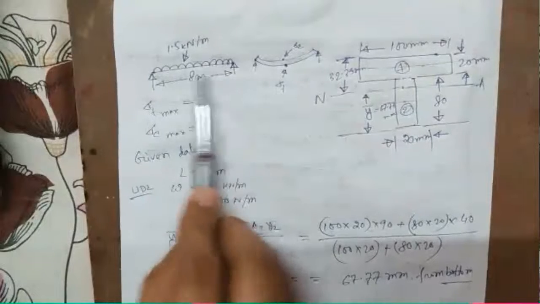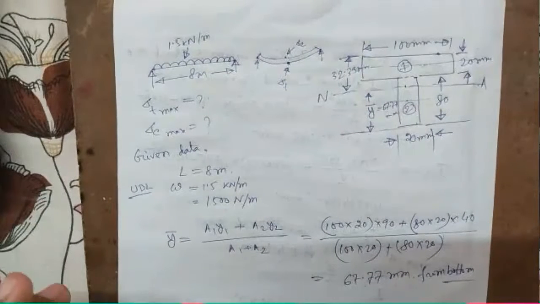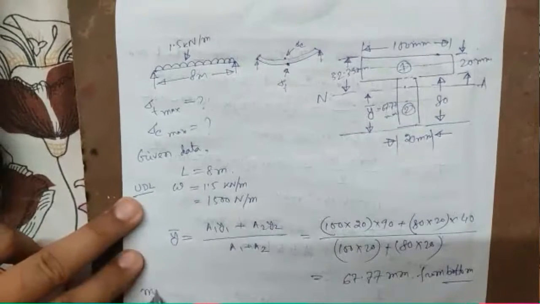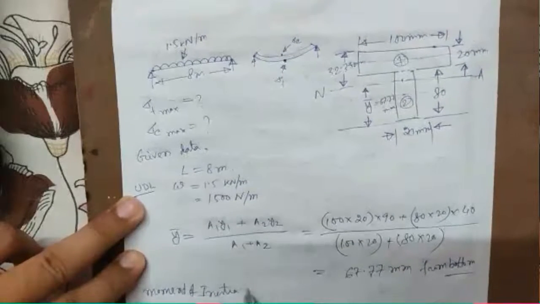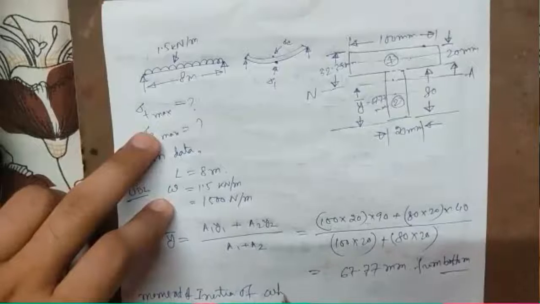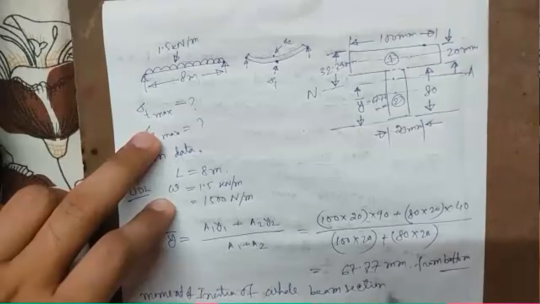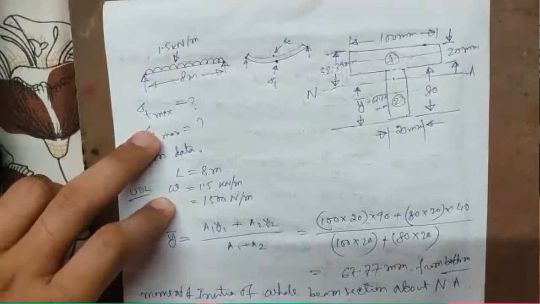Now here M can be found out because this beam is given. We know the formula for this type of beam. We have found the maximum bending moment in the previous chapter, so we will come back to that later, and we have to find I now. I is the moment of inertia of the whole beam section about the neutral axis.